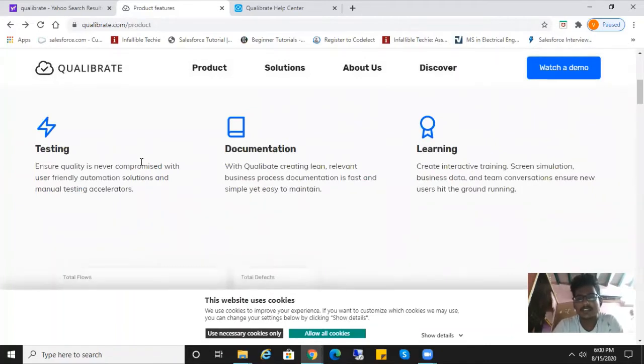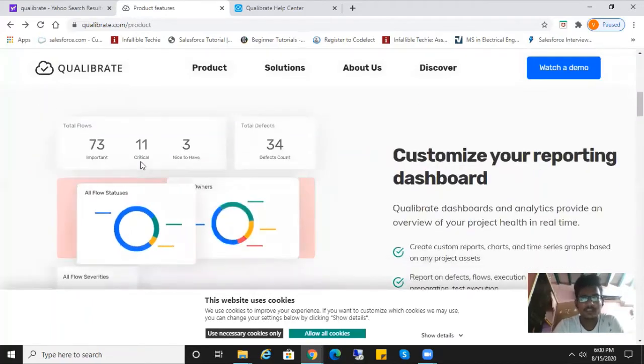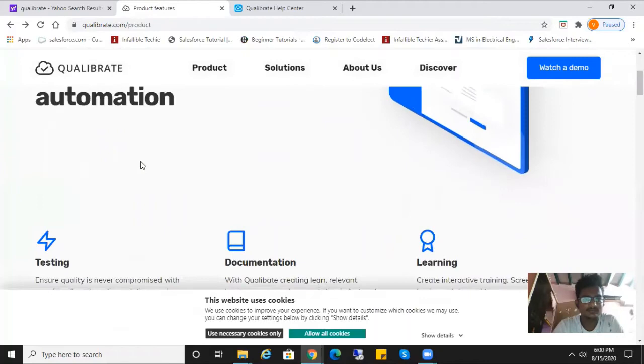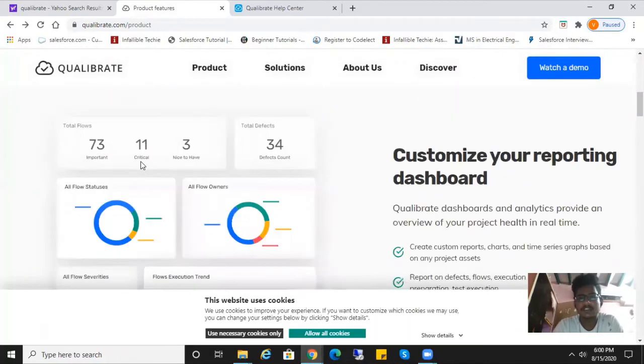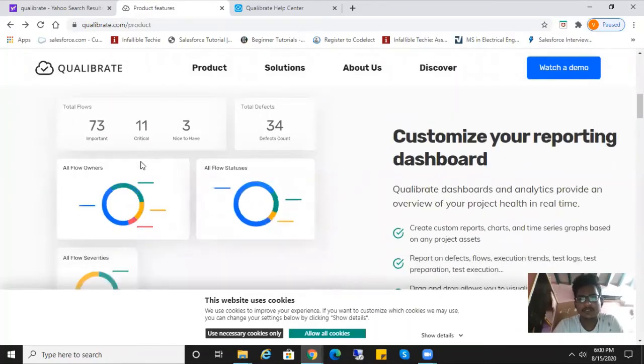Next we go to learning. Create interactive training, screen simulation, business data and team conversations to ensure new users hit the ground running. Next we go to customizing your reporting dashboard.